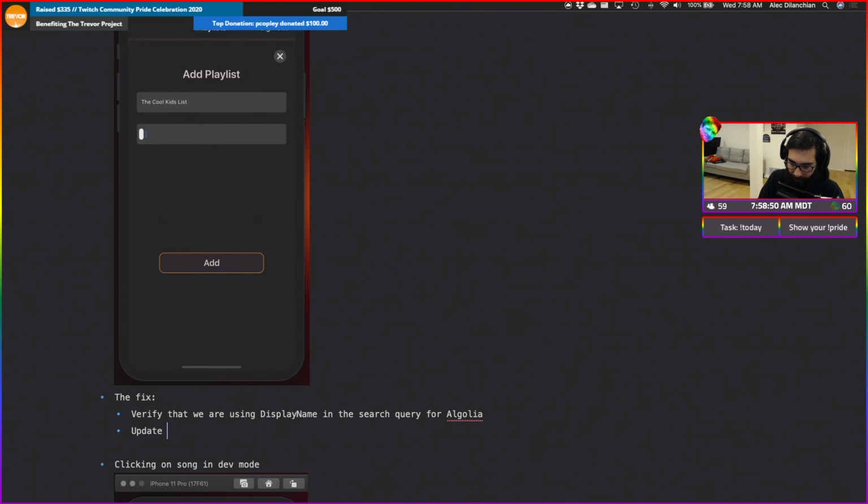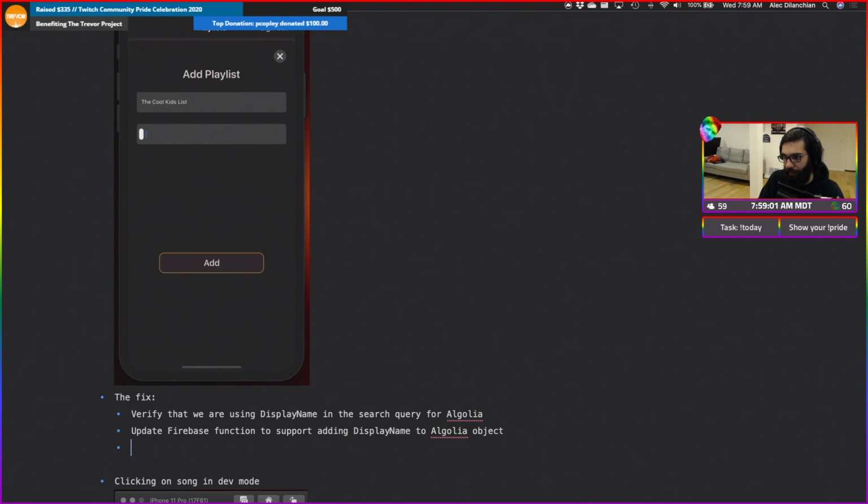Second, update the Firebase function to support adding display name to the Algolia object. Third, deploy the Firebase function to support the trigger function for Algolia for testing.